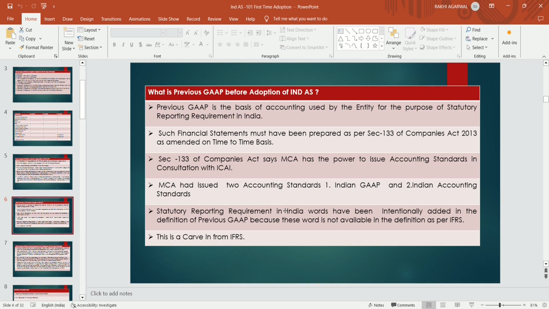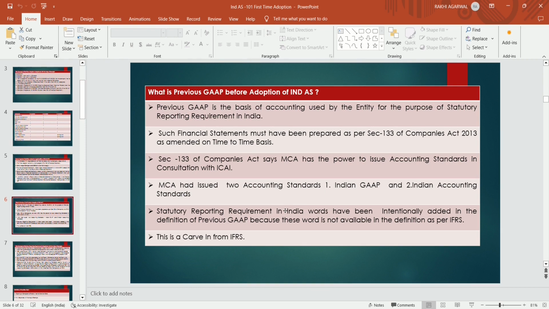MCA has issued two accounting standards: Indian GAAP and Indian Accounting Standards. The Indian GAAP is the one issued before the application of Ind AS. So Indian GAAP is the previous GAAP in our definition. The words "statutory reporting requirement in India" have been intentionally added in the definition of previous GAAP, because if